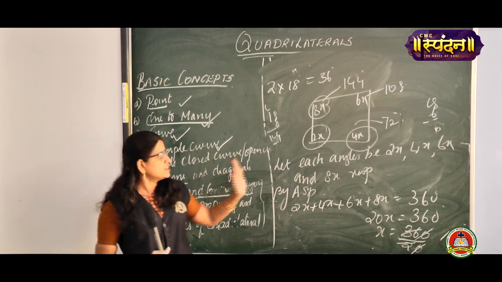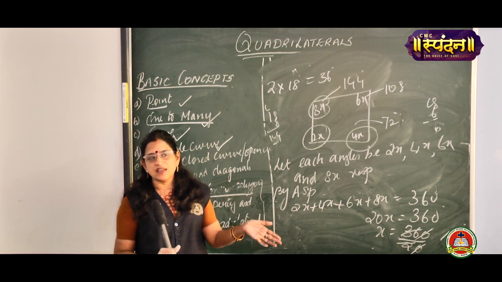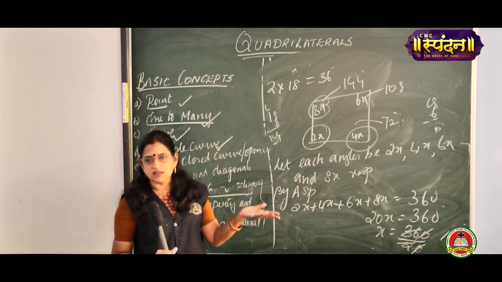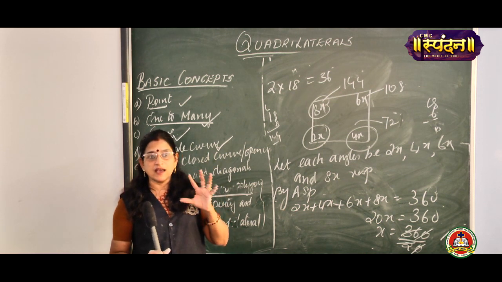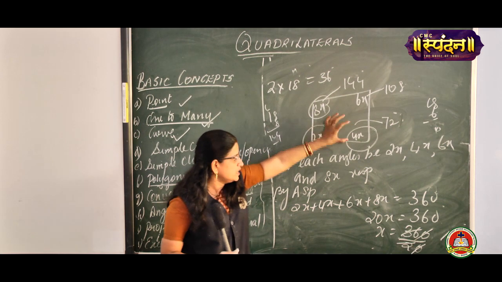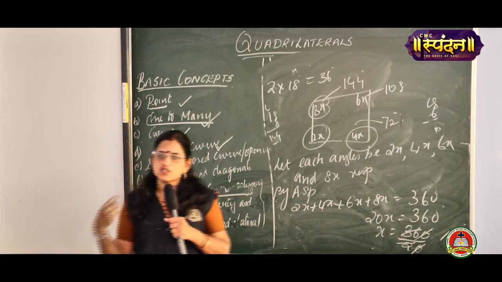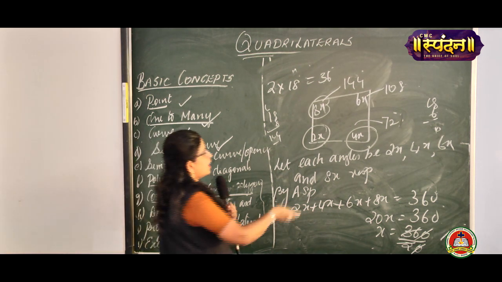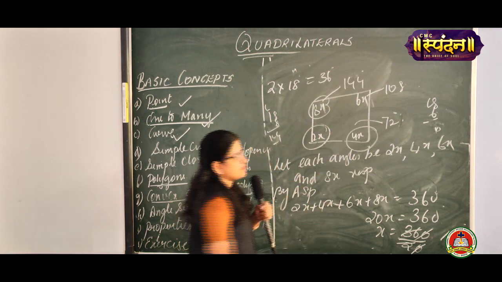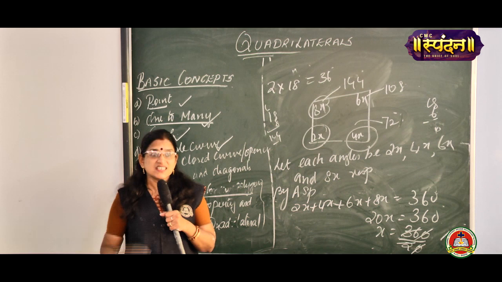If it is a quadrilateral, you will take 360 degree. If it is a pentagon, you will take 540 degree. And if it is a hexagon, you will take 720 degree. This process goes on. First, you have to find the angle sum of that particular figure and then equate it to that number. Blindly, you should not always write 360, always 180. It should be written clearly. So, after finding, you also check whether after you add all the angles, you are getting 360 degree.